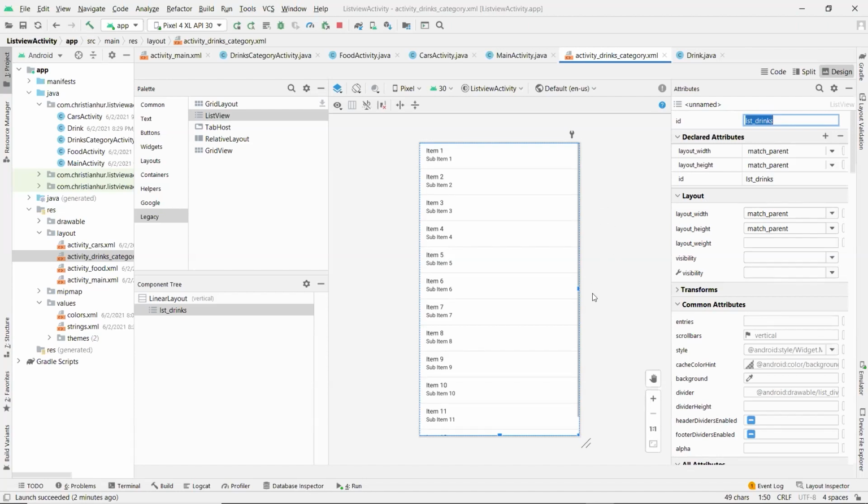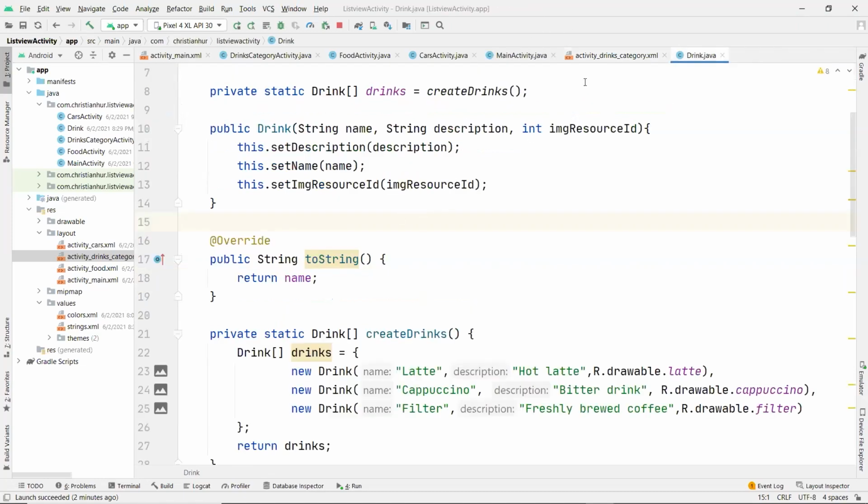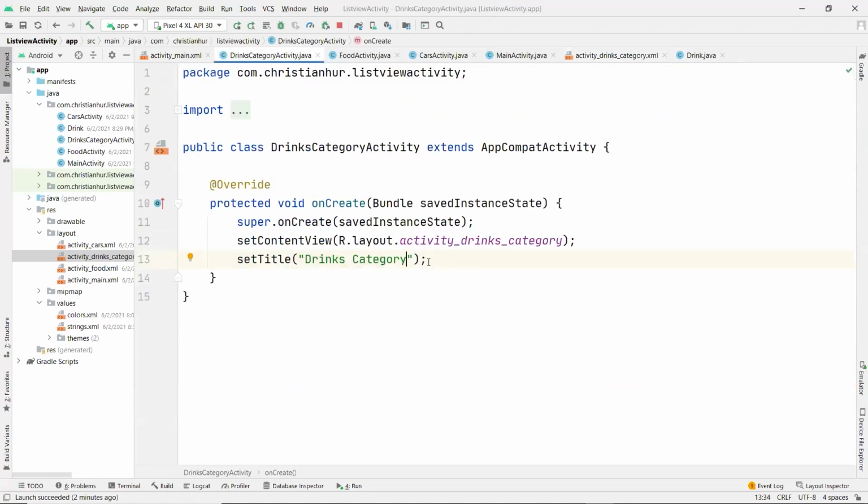Okay, so we're not going to have the data come in because the data will be generated automatically in the code. So the source code will look just like that. And once we map to this view, we can populate this view with the data from the database. I mean, from, well, in this case, it'd be the drink Java file. Okay. So in the drink category activity file in here